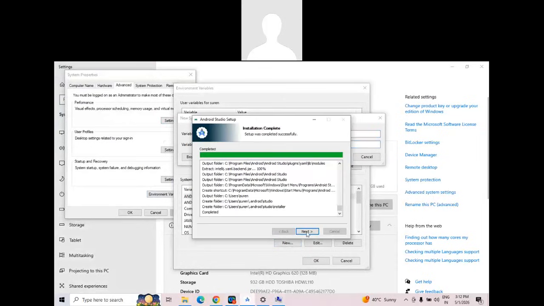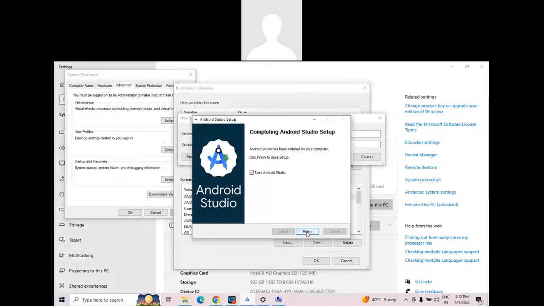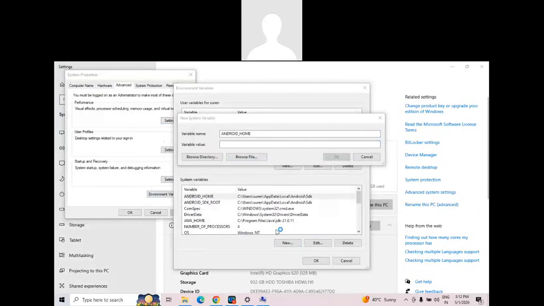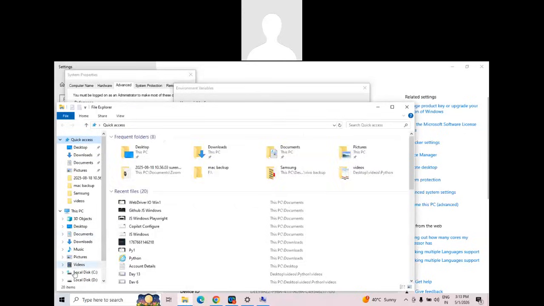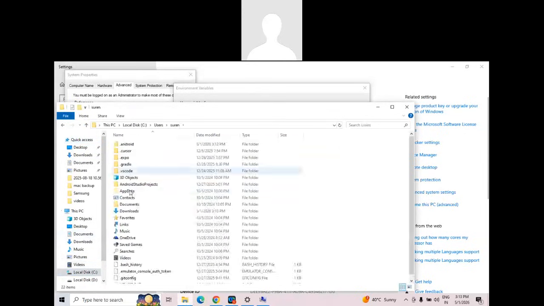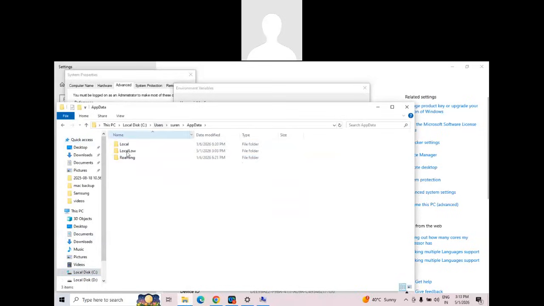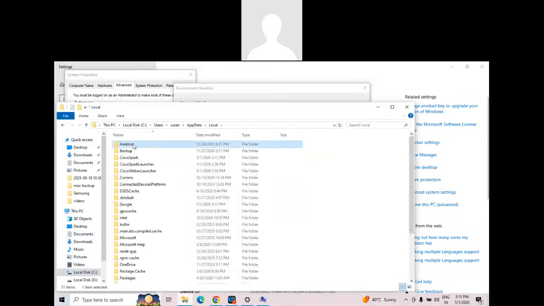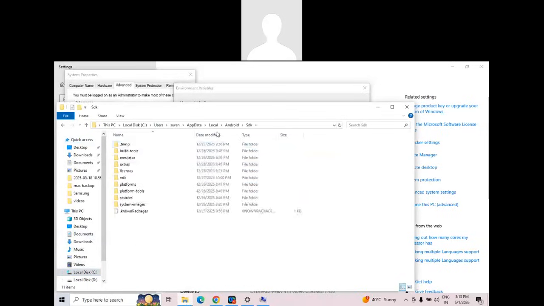So here it is saying completed. Click on next, click on finish. That's it. The Android Studio is successfully installed, with which internally the Android software got installed to our machine. But ideally, a question that comes to our mind, Surendra, is where exactly the software got installed. So go to your C drive, Users, your username, AppData, Local, Android, SDK. So here is a place where exactly your